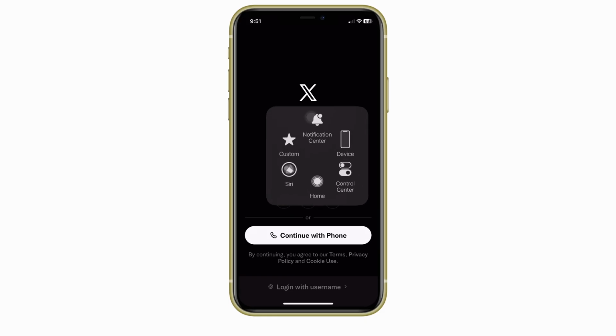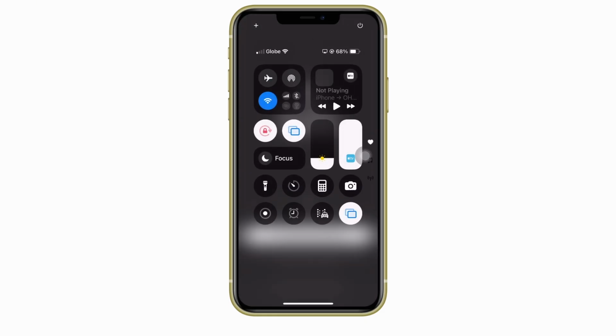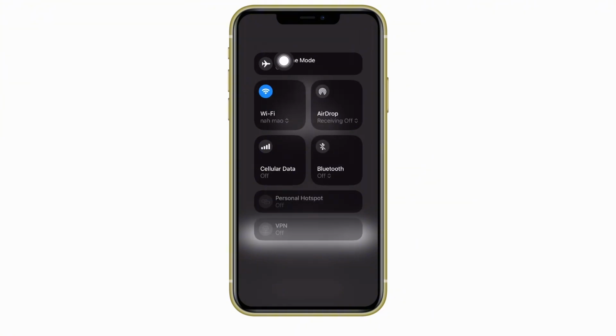Now, if that still won't work, go ahead and go to your control center. Now, go ahead and toggle on airplane mode right here. Okay, I'm not going to do it because I'm currently screen mirroring. So just turn it on. Once it says turn on right here, wait for about 5 to 10 seconds. And then just turn it back off. And if you do have VPNs, or if you're currently using VPNs, try to disable it and check if it